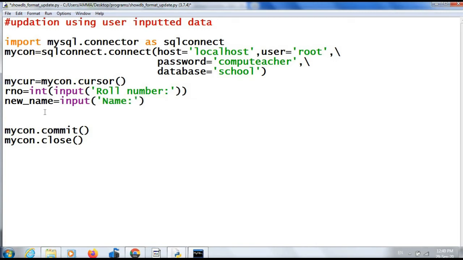We are going to change the name of the student with this new name, whose roll number is accepted in RNO. For that, give the query cursor dot execute.